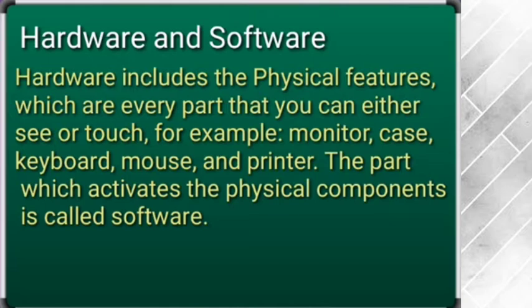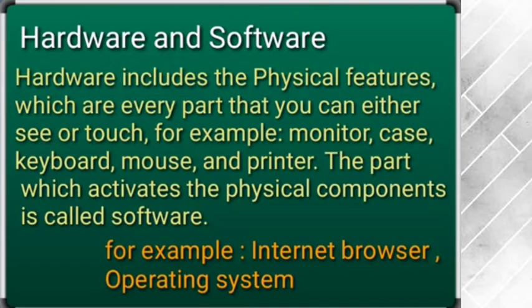All right, now the different types of hardware and softwares which are available. We can see here that the hardware we have already seen, that monitor, mouse, keyboard, any physical device is called hardware. The software can be any application software which is installed into a computer, like an internet browser or operating system, or the word processing software like Word, Excel, PowerPoint, any designing software like Adobe Photoshop. So anything which helps you to work with the help of the hardware is called software, or which activates the hardware to work.